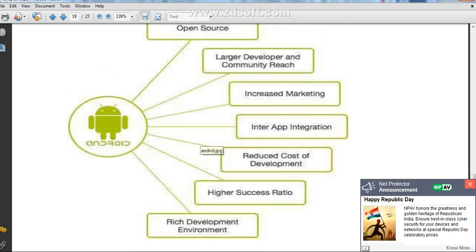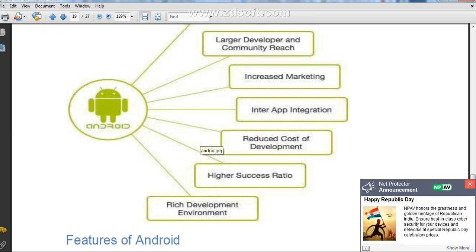Then there is a higher success ratio for integration and synchronization. Also, when you develop the app and launch that particular app, there is a higher success ratio when you use Android.